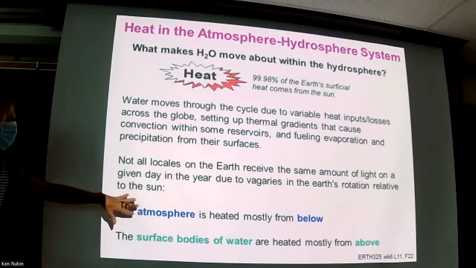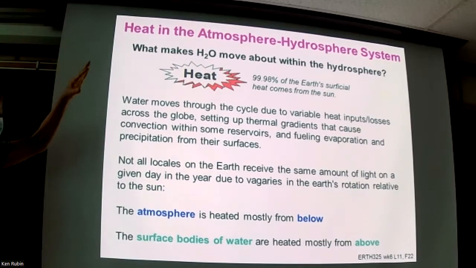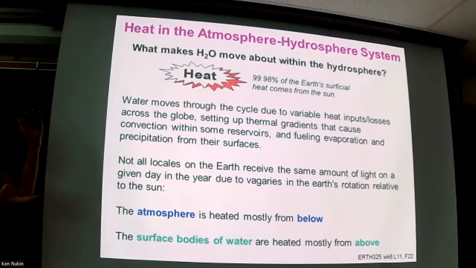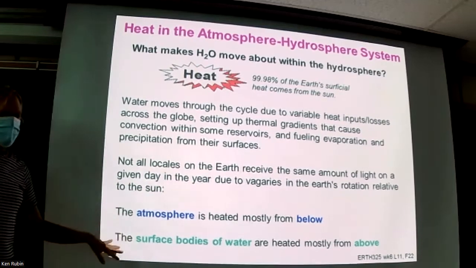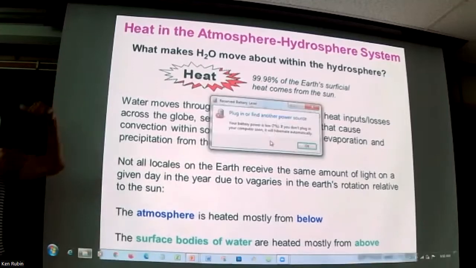We find the warmest atmosphere, again, I'm not talking about the extreme outer parts of the atmosphere, but within the troposphere and stratosphere, which is the bottom two layer system, the only ones we really interact with, the temperature is basically warmest right near the surface. And in bodies of water, again, the temperature is usually warmest near the surface, but then,